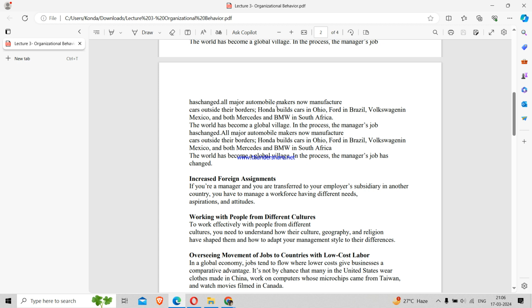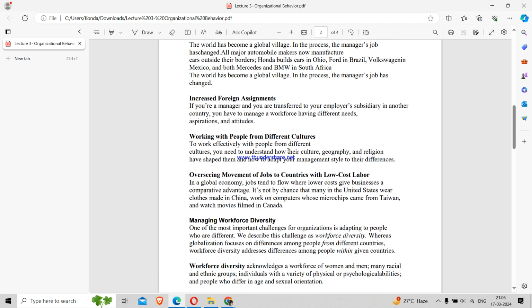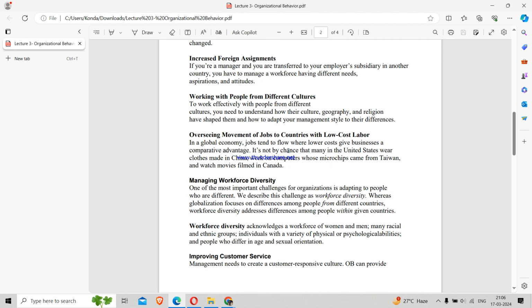Okay. So there are quite positive things, as well as certainly negative things as well. So what are the negative aspects? What can be defined as the limitations and challenges of organizational behavior? There are 8 such limitations. The first one is workforce diversity. So what do you mean by workforce diversity?